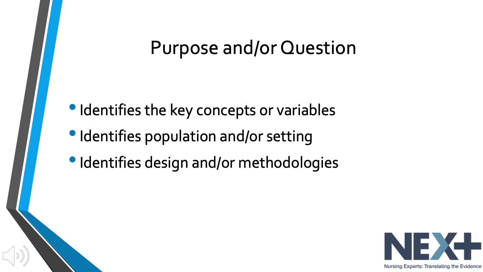Regarding the type of study, the author might indicate the broad category: quantitative, qualitative, or mixed methods. They might identify the specific type, such as a randomized controlled trial or a case control. Authors may even include the methodology, such as the data collection methods, whether it's an electronic survey or an in-person